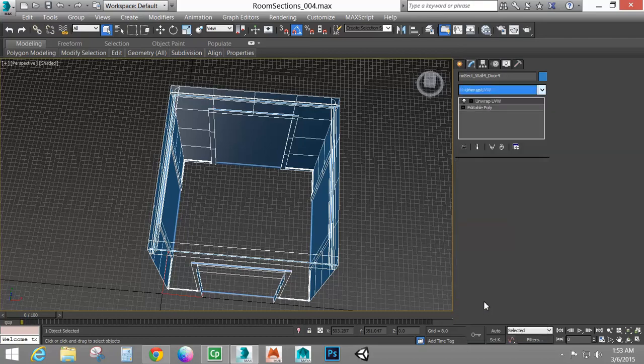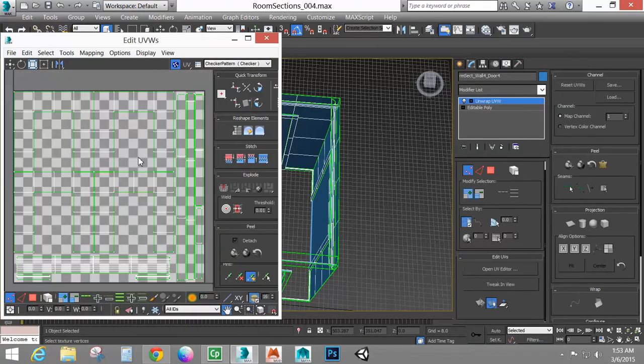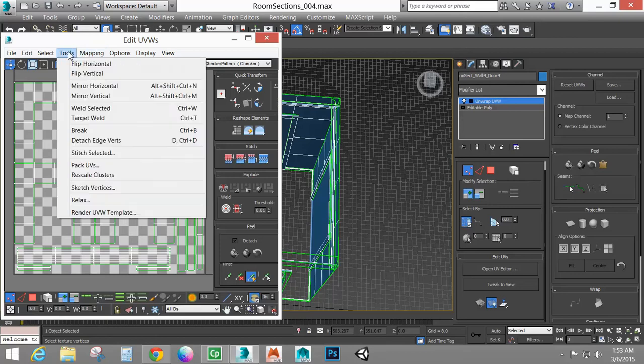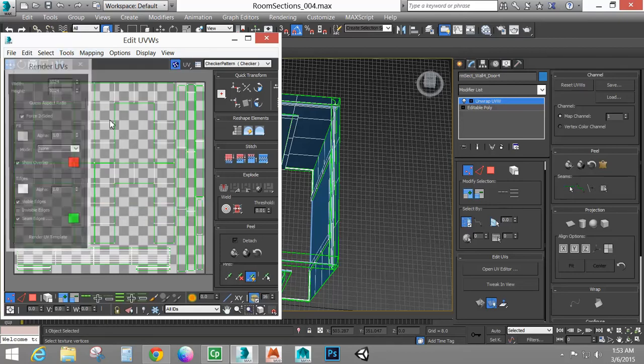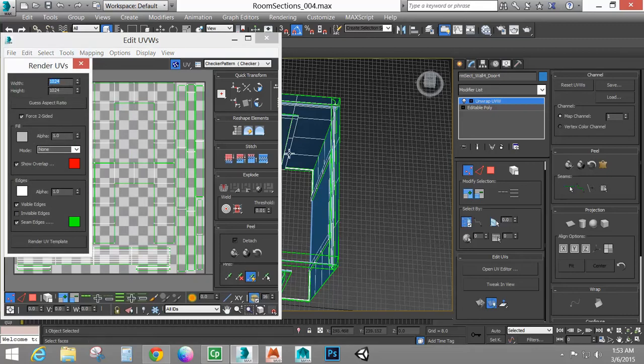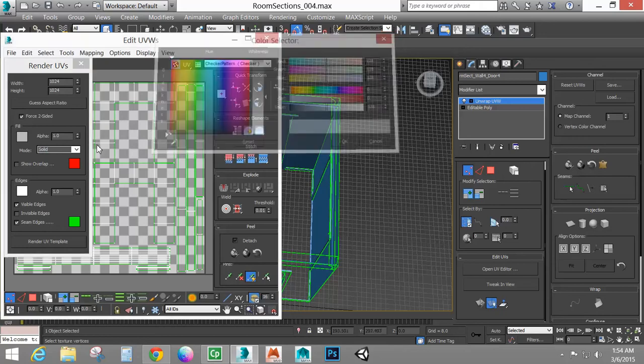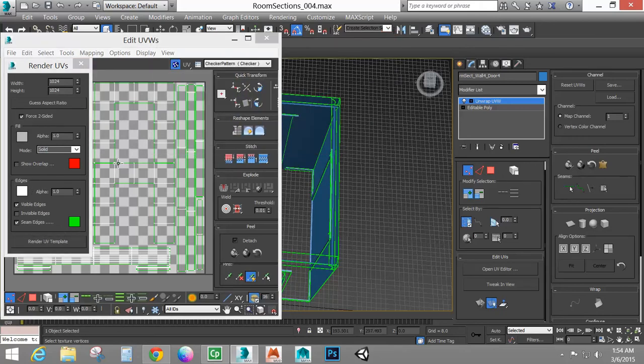So unwrap UVW, open. So what I'm going to do is I'm going to render out the UVW template. And since they're all 256 by 256, I'm going to end up making my textures a little larger, so I'm going to just stick to a 1024 by 1024, and then I will render this out. I'm going to turn this to solid, and I do not want to show any overlaps for this because I'm sure there are some. That's fine. And so I'll just render out the UV template